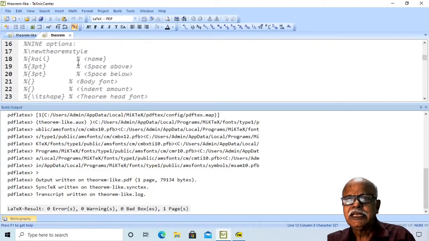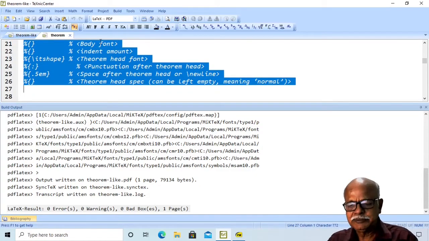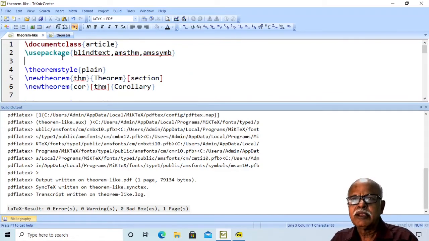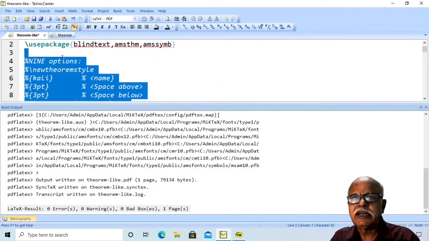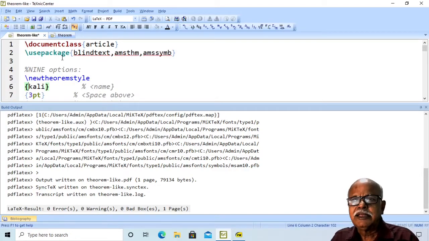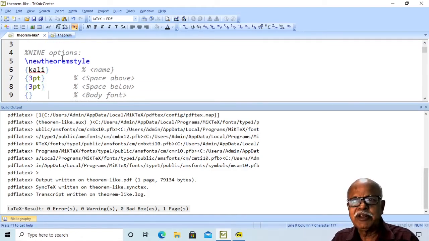Now, a more detailed coding is available with the AMS theorem package. This has got 9 options. Within the first curly braces, you give the new theorem style, and then what is the space above this environment, the space below this environment, what is the shape of the body font.